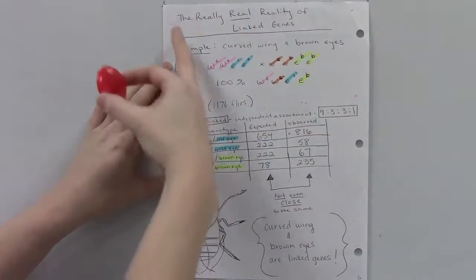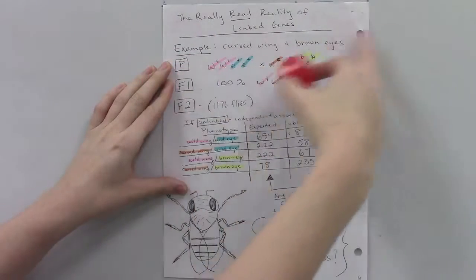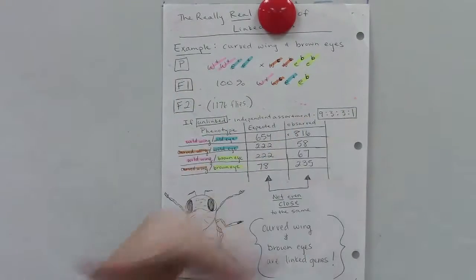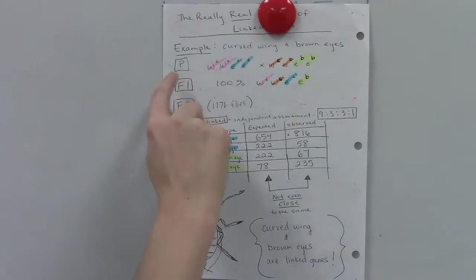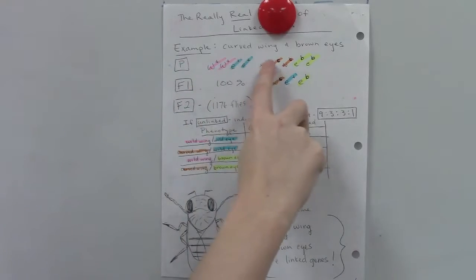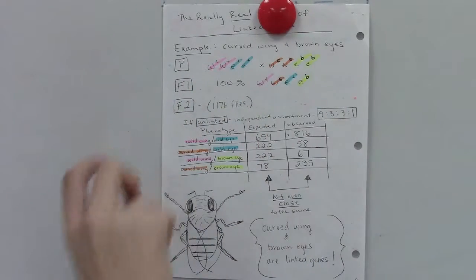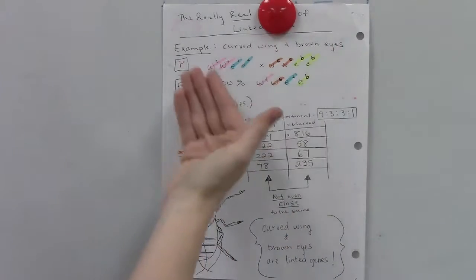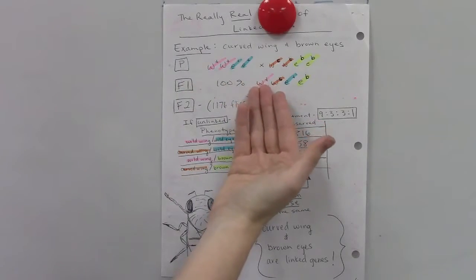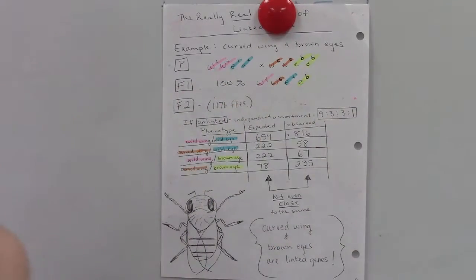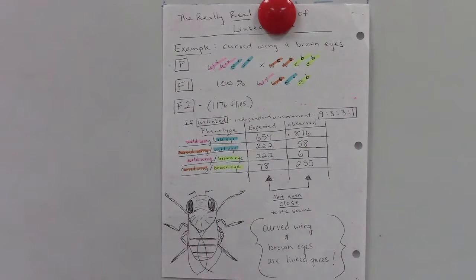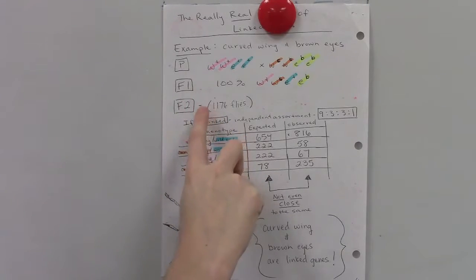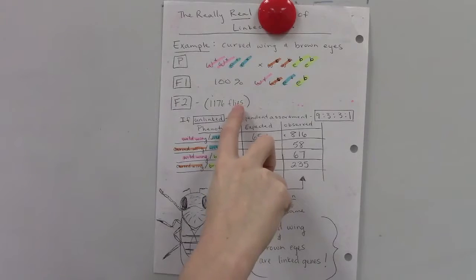By looking at the really real reality of linked genes. So we're sticking with our curved wing brown eye example. All right, so with our parents, they're both homozygous for the different alleles of that trait. Wild type is dominant over curly and brown, so all their offspring will have wild wings and wild eyes, although they will be carriers for both of the recessive traits. If my flies mate and have 1,176 baby flies in the F2,